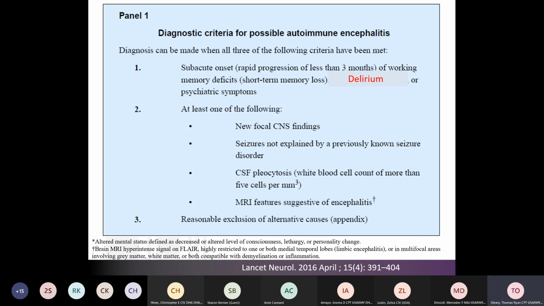Yes? What are the most common findings on brain MRI in these cases? Is it those kind of nonspecific findings, or are there specific things that you would tell the radiologist to look for? They correlate with the type of